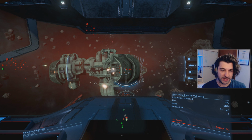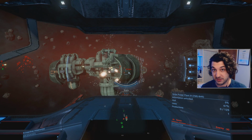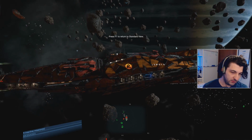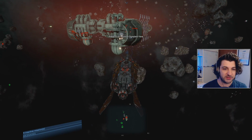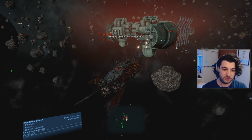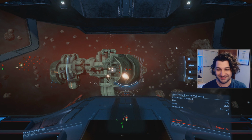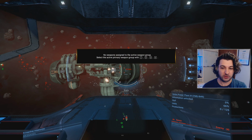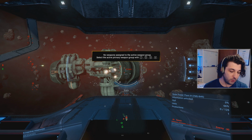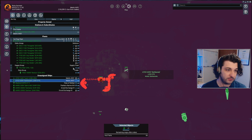Should be L. Otherwise, hold on. Bear with me for a second. I'm just going to double check the key binding on launching missiles. Honestly, I don't know. All I can think of is maybe we have to cycle the weapon type. L is secondary fire, but not necessarily launch missiles. So I'm not seeing any indication of... Honestly, I don't know. I would have thought that if we've got missiles in the hold, which we do...